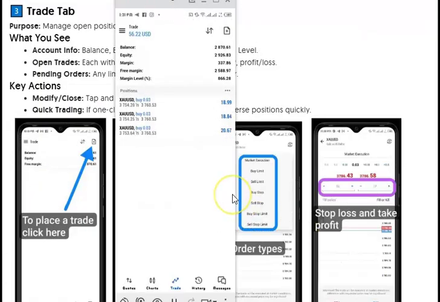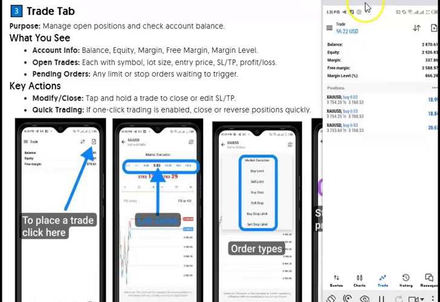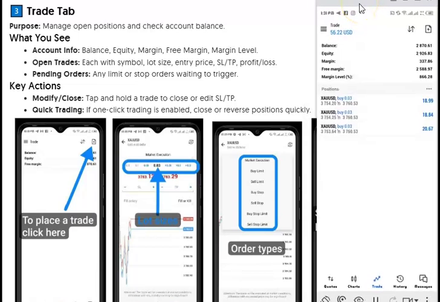Thirdly, we have the trade tab. This is where you see the balance, the equity, margin, free margin, and what have you of your account. This is also where you will be able to execute trades. This is a very important thing for you to understand. Now, if you click this icon at the top right here, it's going to lead you to